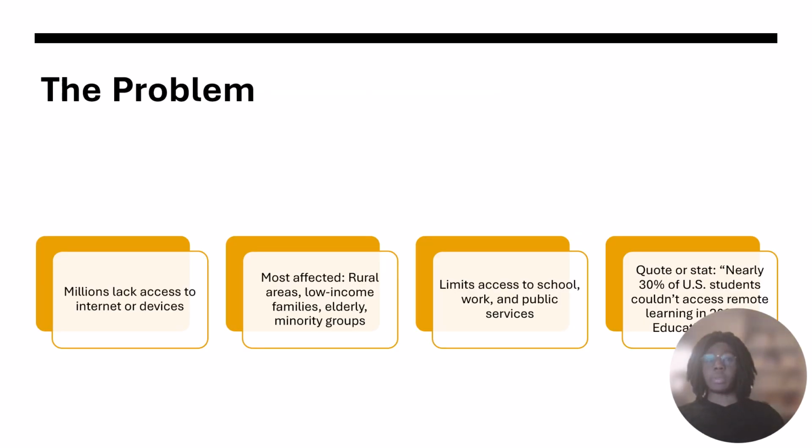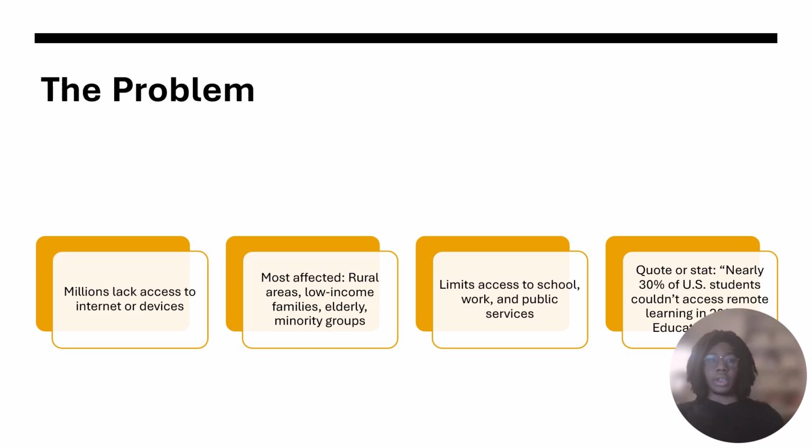The problem? The main issue is that people without access to digital tools are at a disadvantage in almost every area of life. Think about it. Students need the internet to do homework. Adults need to apply to jobs or even work remotely. And many health services have moved online. If someone doesn't have a device or can't afford internet services, they miss out. This lack of access affects low-income families, rural communities, and marginalized groups the most, the people who have already faced other barriers in society.